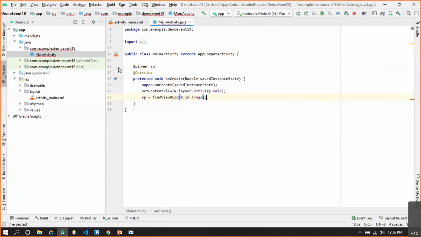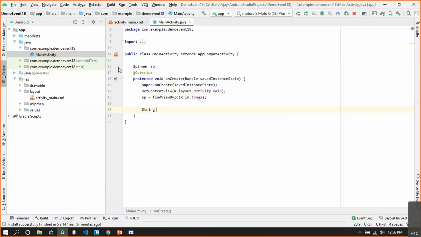So this is the spinner. Since I need to give the data source to the spinner, either in the form of arrays, or lists, or XML resources, we'll first see the example using the arrays.